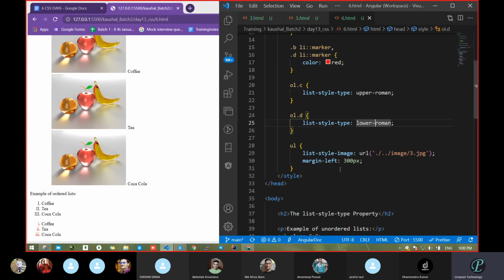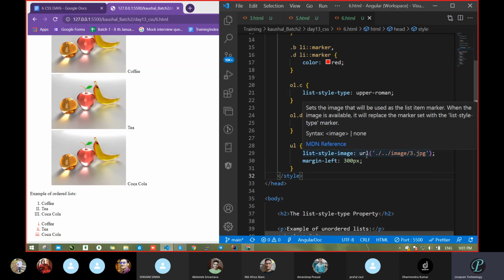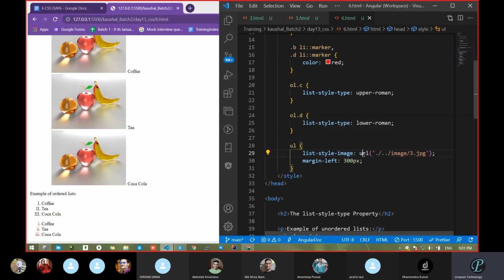So the style is list-style, and that is image, previously list-style type. And same thing in the URL. No need to take the image tag here. Directly, if you want anywhere, you can pass an image and URL. But here, due to the list, we have to pass a list style. Clear?